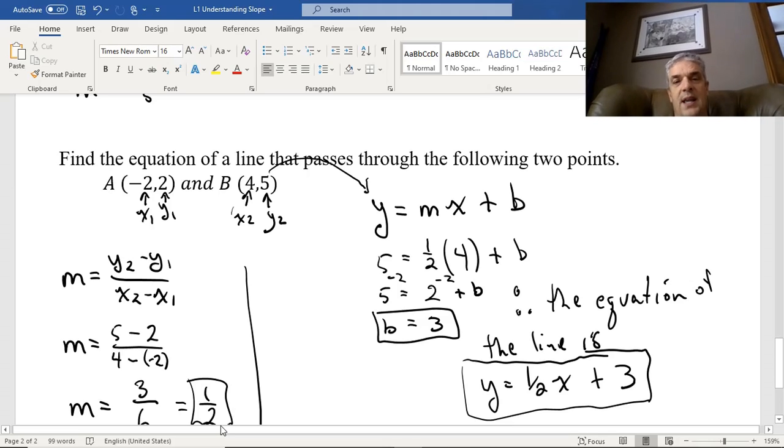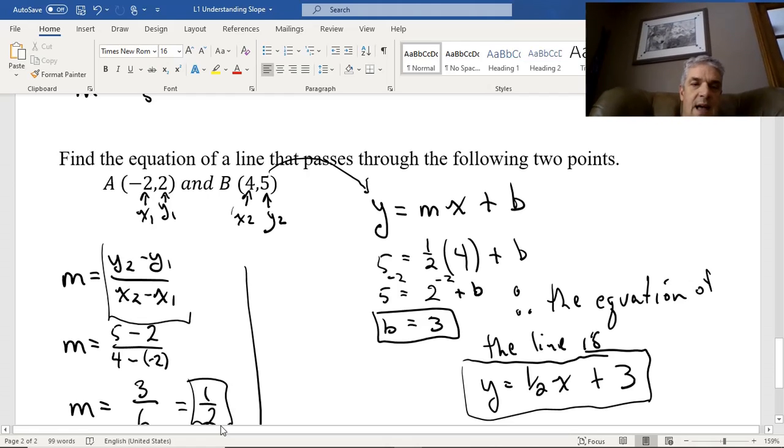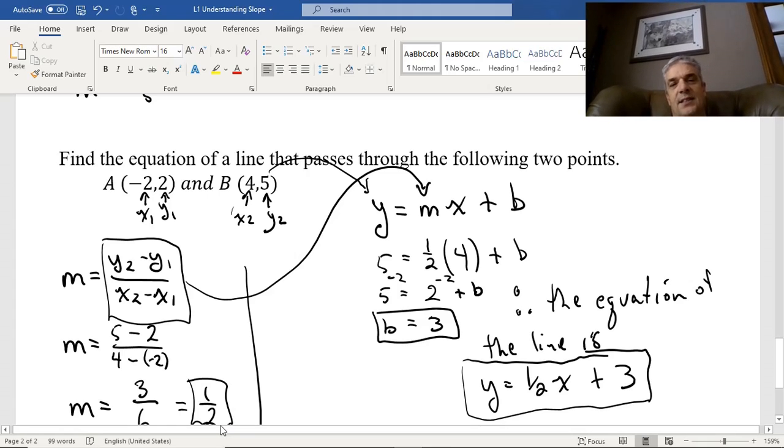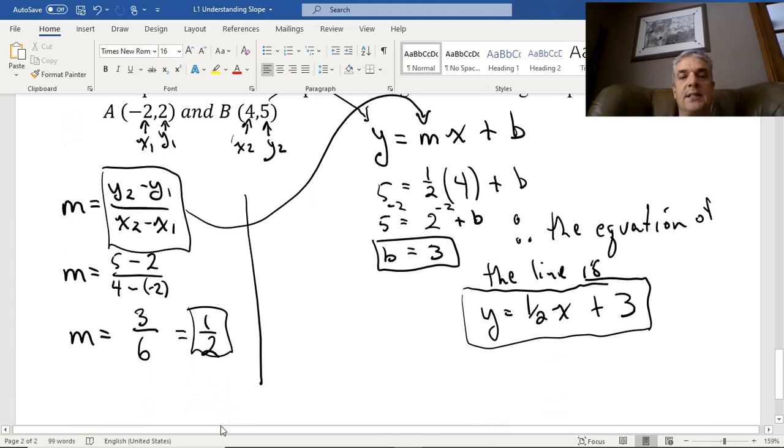This gets pretty wonky. I'm not even going to go to it, but they'll sometimes put this value right here right into the equation for m, and it gets this really funky big long thing. I much prefer to break it down. Calculate your value of m, substitute that into y equals mx plus b, steal an x and a y from one of your 2 points, and then I can calculate for b and find my equation of my line. All right. Hopefully that's fairly useful, and we have some questions for you to practice this with,